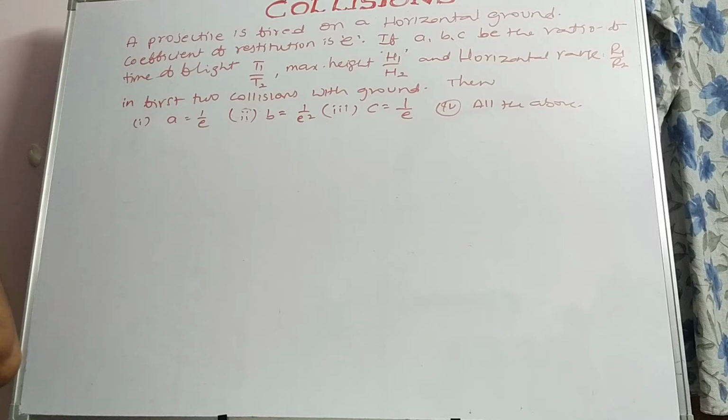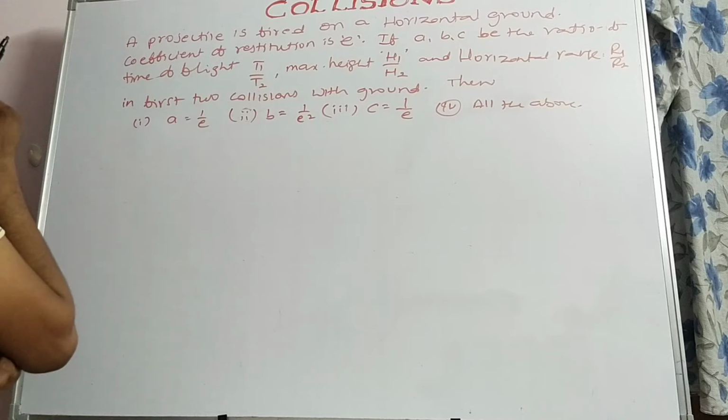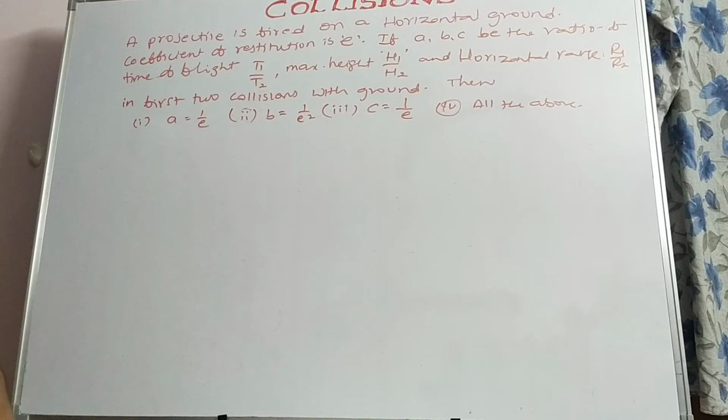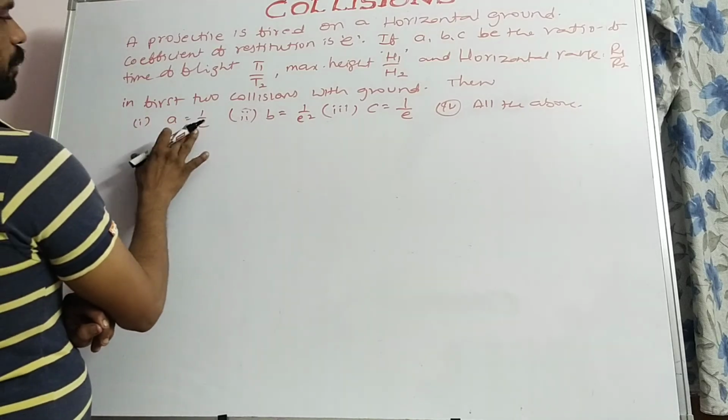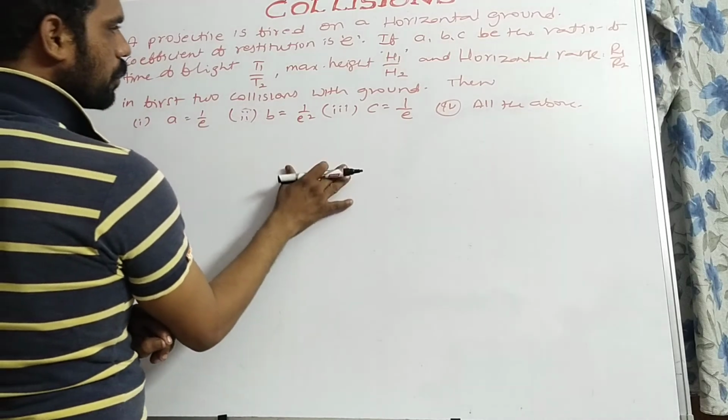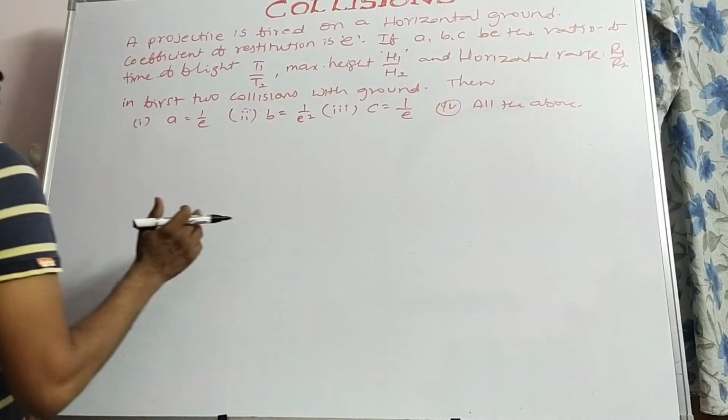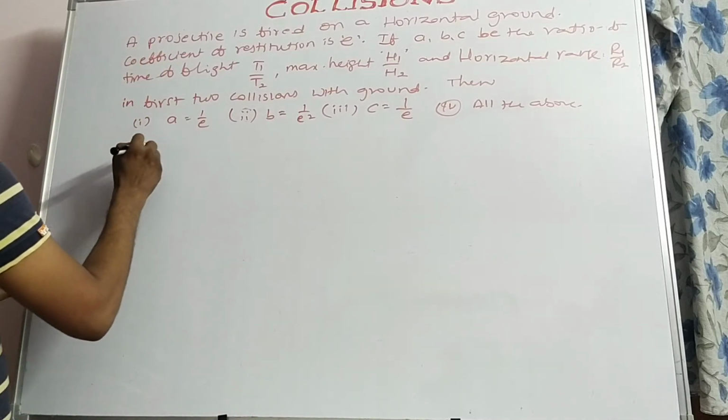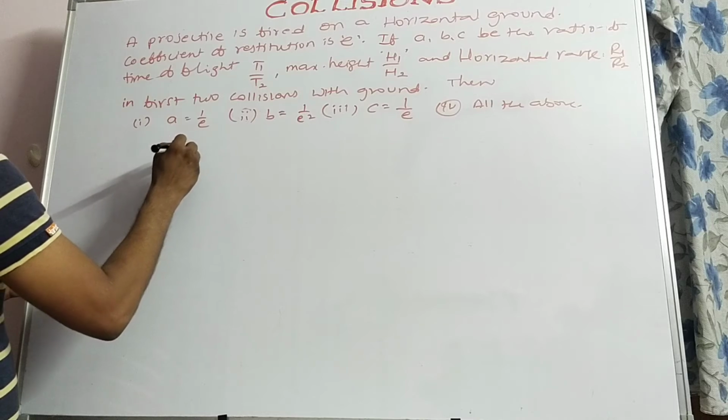If A, B, C are the ratios of time of flight T1 by T2, maximum height H1 by H2, and horizontal range R1 by R2 in the first two collisions with the ground, then what will be the answers? Options given: A equal to 1 by e, B equal to 1 by e square, C equal to 1 by e, all the above. So before touching the ground, the general expression for time of flight, say T1, is equal to